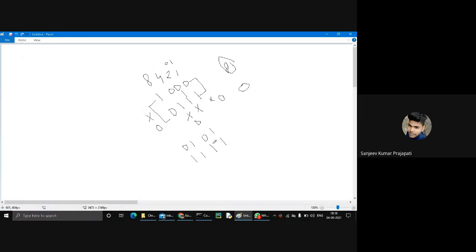Okay, so you see the input, both inputs are matched, so it's right and it returns 1. Got it? Yes, sir. Second is different, so again it returns 0. And third is again the same, it returns 1. And last is 0, it returns 0. So my final outcome is 010110.